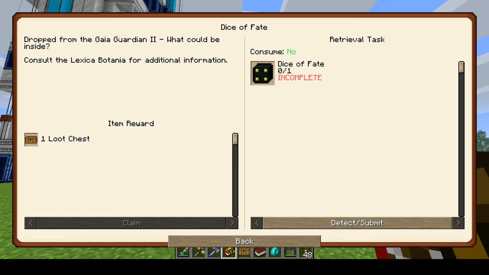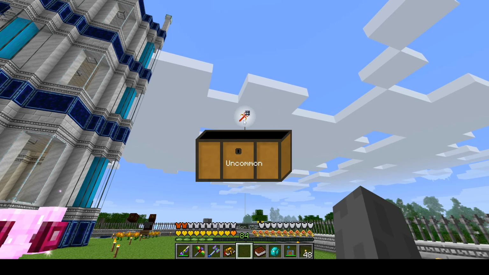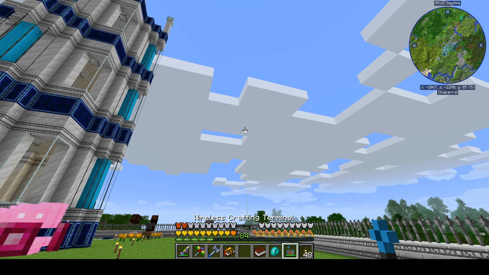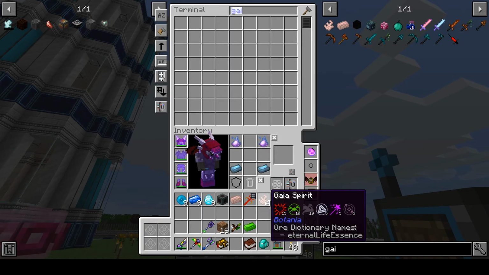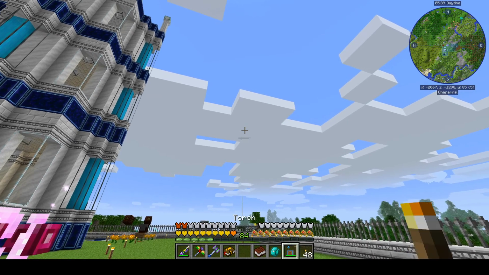And what's the Dice of Fate? Dropped by the Gaia Guardian 2, what could be inside? I don't know. I think we need to find out. Another Spawner Seeker. So let's throw that in there. And let's see what the...